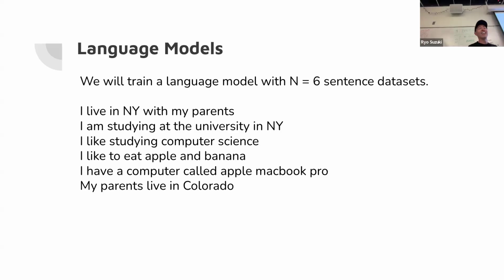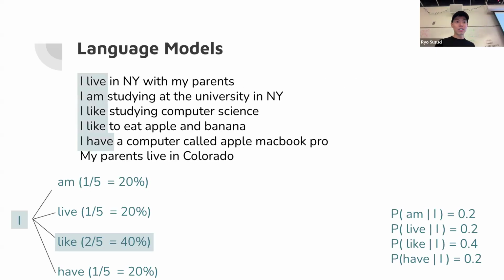That kind of thing. And then, given this very small language model, I'm going to try to demonstrate how a language model can actually be trained. So, as I said, a language model is basically the probability of each word, right? So, meaning that the language model can try to identify. So, given, for example, I pick I as the first word. Okay. This is more like a manual, human-based language model, by the way. Given these example sentences, if you have an I, what is the probability of